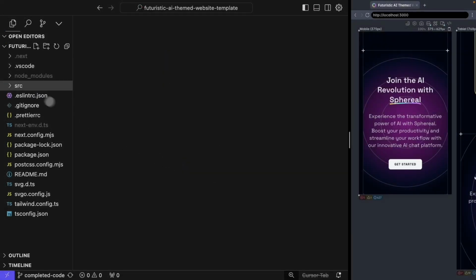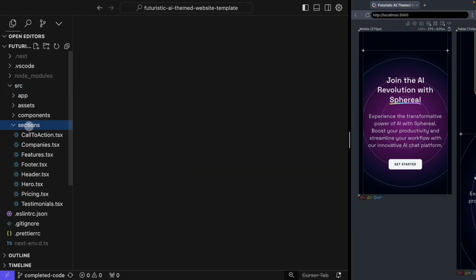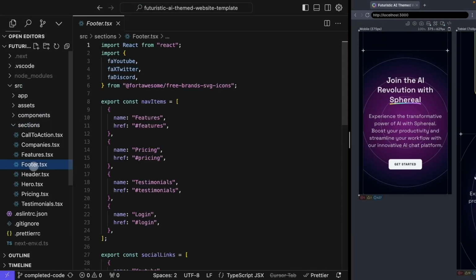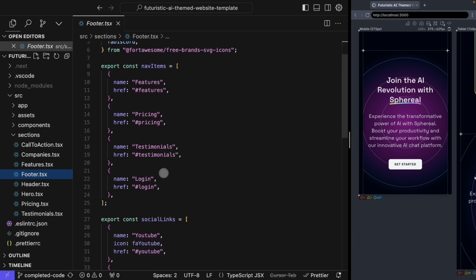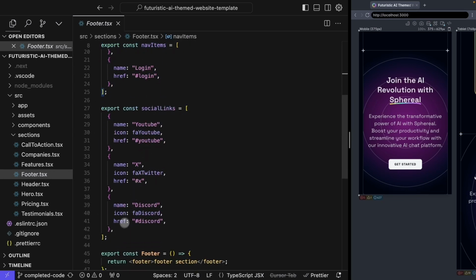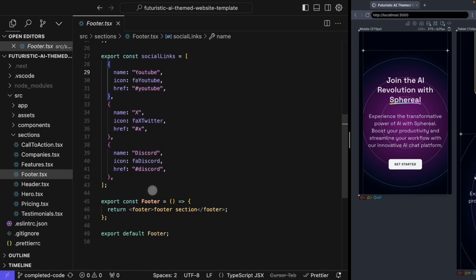In order to get started creating our footer, let's come into our source directory, come into our sections, and we should see a footer.tsx file all ready for us to go. You can see that for this, we have a nav items array that has our navigation, and we also have our social links array that has each of our icons already pre-created for us to be able to drop into our footer. And then below that, you should see the footer component that just returns a semantic footer tag with